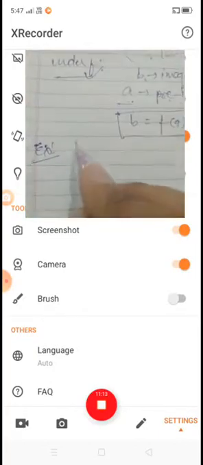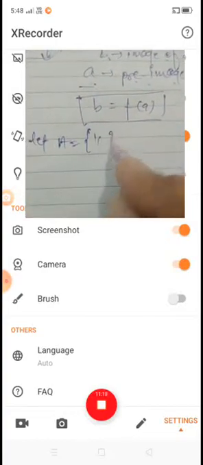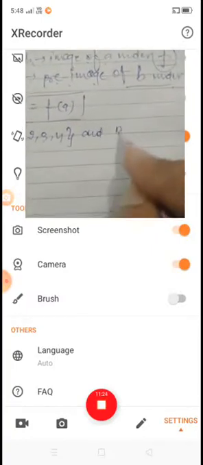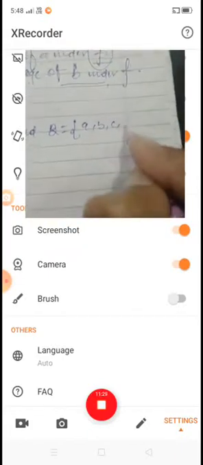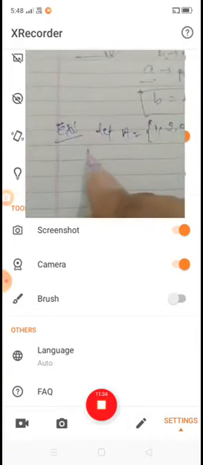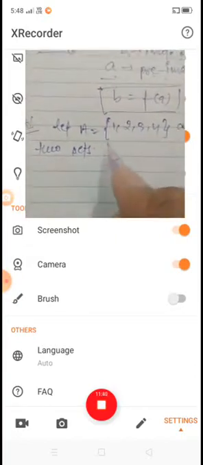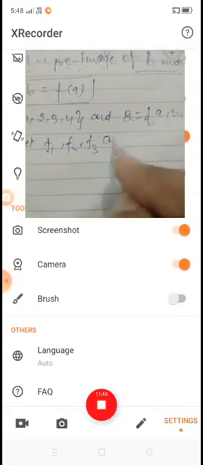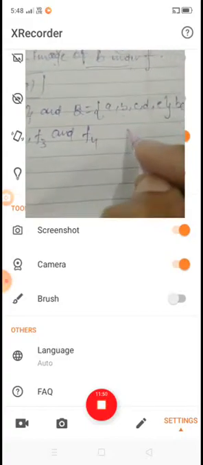Suppose A is equal to {1, 2, 3, 4} and another set B is equal to {a, b, c, d, e}. Okay, two sets. Let F1, F2, F3 and F4 be rules associating elements